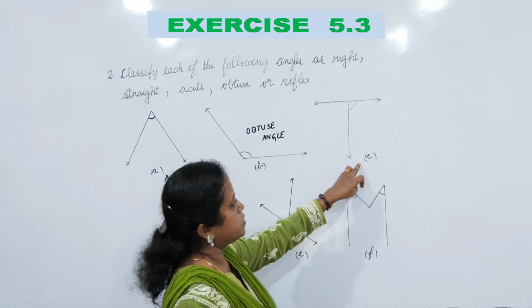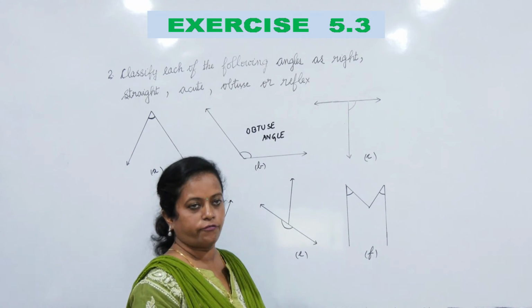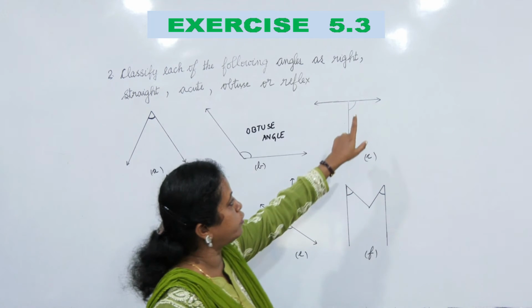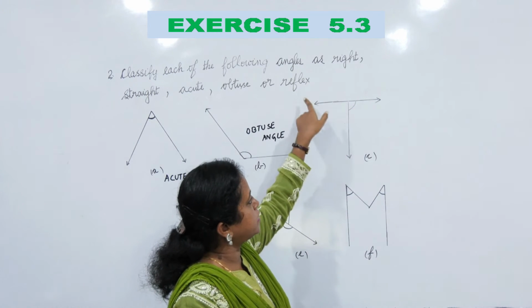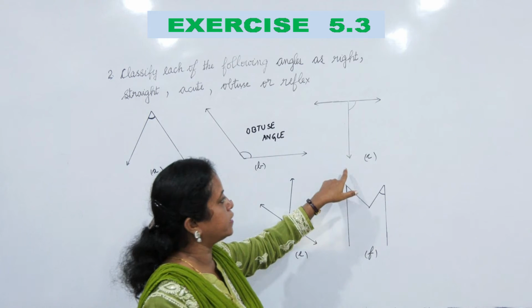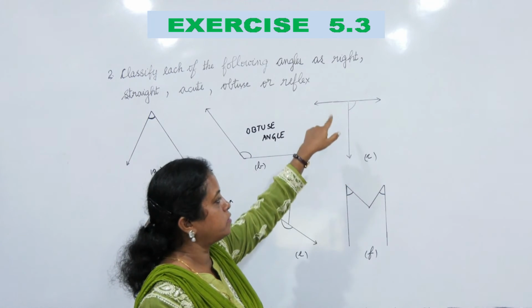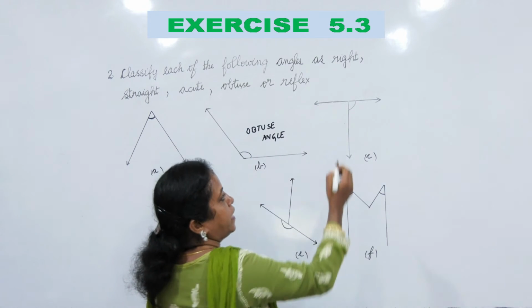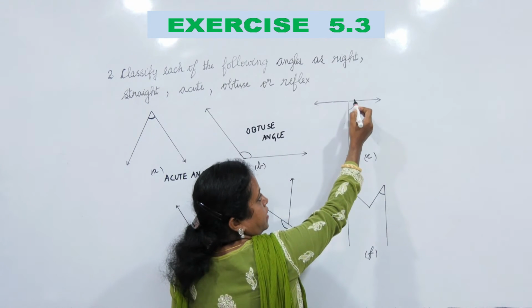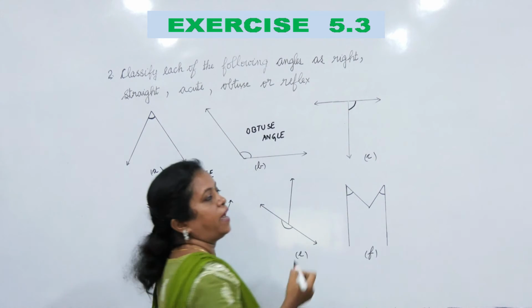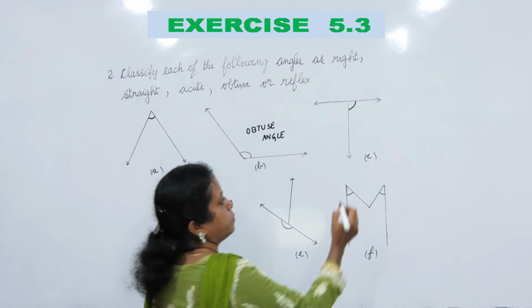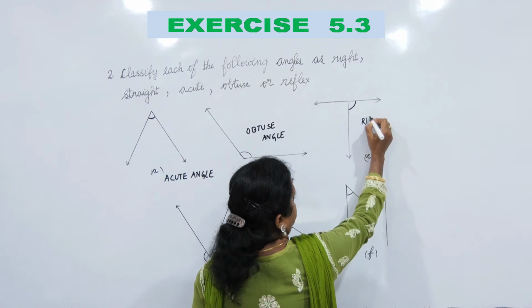In the third case, you can see different angles are formed. But which angle is asked? You have to tell about the mark which is shown here. Here you can see it is a straight line, and in the middle again another straight line downwards. So a straight line always forms 180 degrees or a straight angle, but the angle asked is this part, and half of the straight angle is nothing but a right angle.